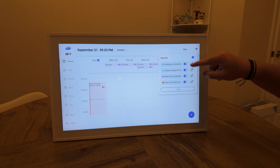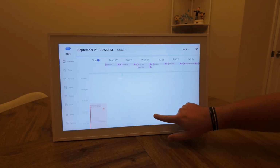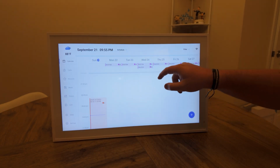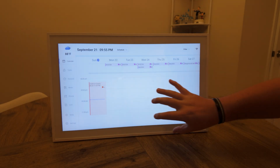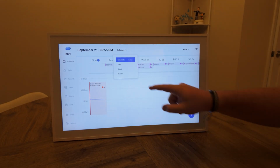But I can add some, I could turn these off. Really nice to be able to filter that out. And this may not look super exciting, but that's just because it depends what time things are happening. So I'm only gonna see things happening at 8 o'clock. We can change that up here at schedule. We can change it to